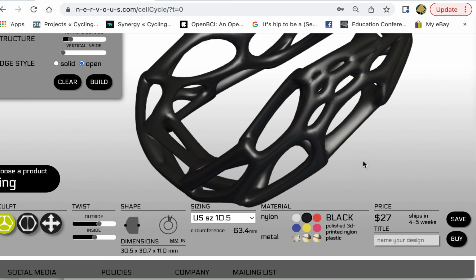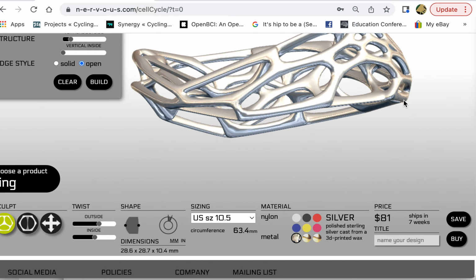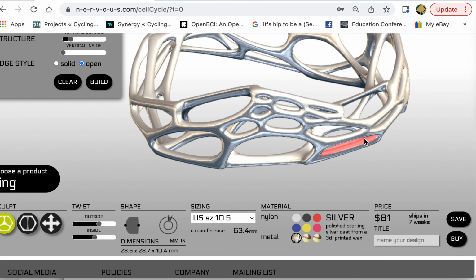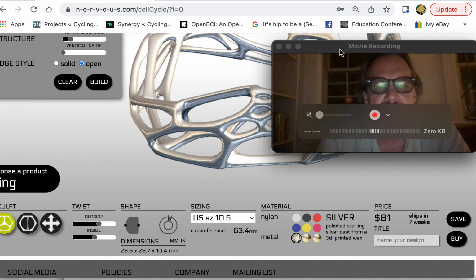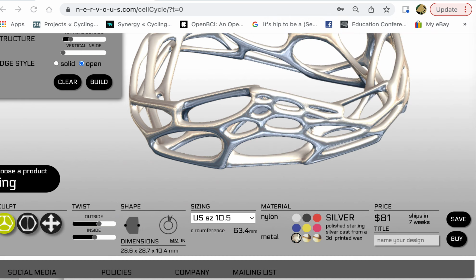Let's see what that is, silver, brass. And what is brass? $70. Not that much less than silver, $81. One of these days I'm gonna get a ring like this myself. So go forth and conquer. I showed you how to move from SketchUp, looking at things, applying things, pushing through, having an agenda of just letting your subconscious push the shapes as you see fit. Why show you my image when it froze? And have some serious fun with this while your SketchUp license still stays around, and while you're experimenting